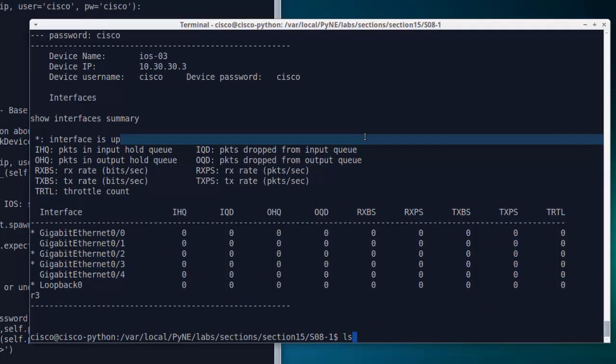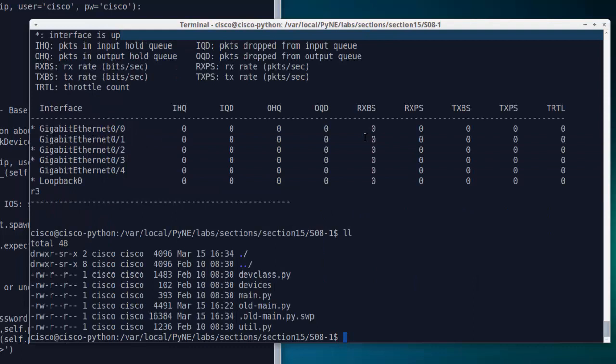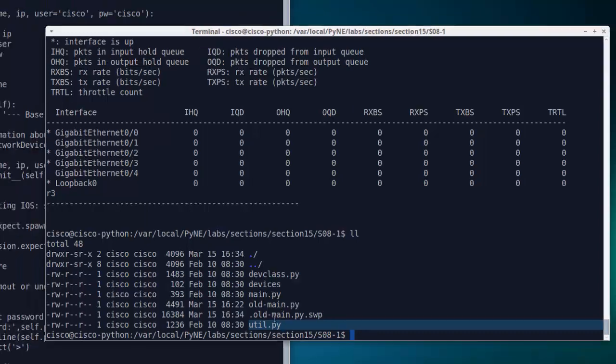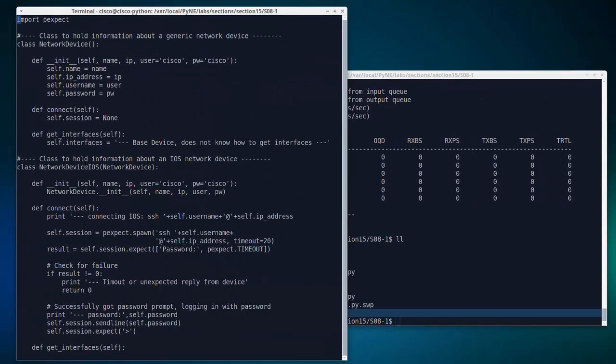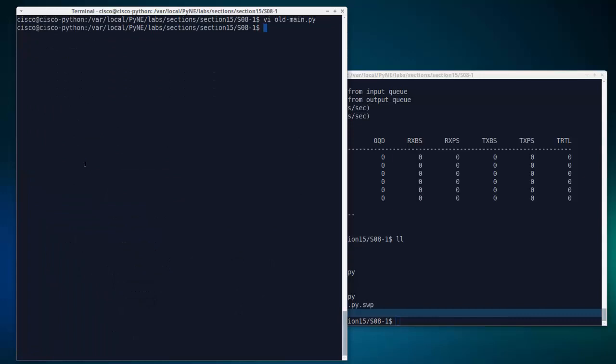Well, if we go over here and we look at all the files again, we will see that we have already done this, and we've separated the device class code into devclass.py, and we've taken the utility functions and we've put the utility functions into util.py. Let's go over here and we will look at what these files look like. So we're going to look at devclass first,